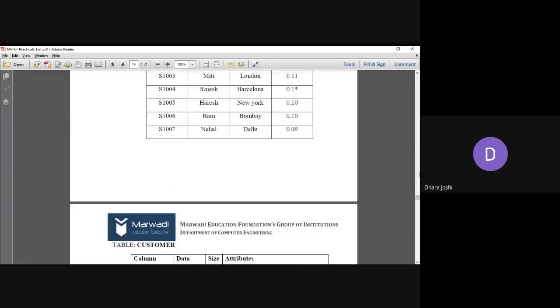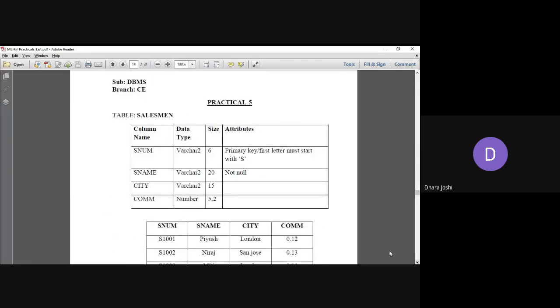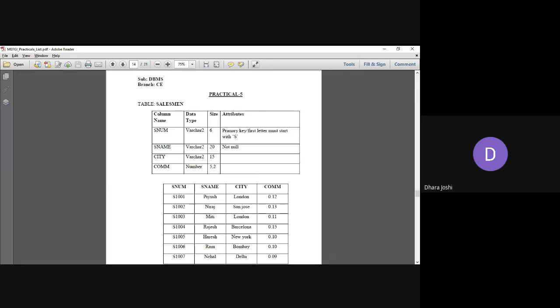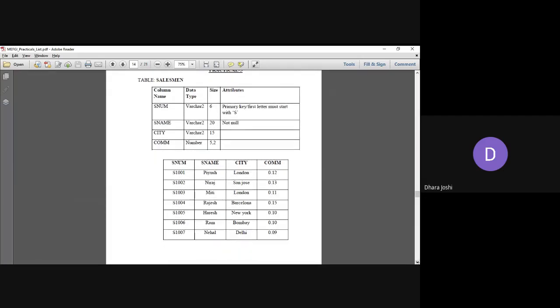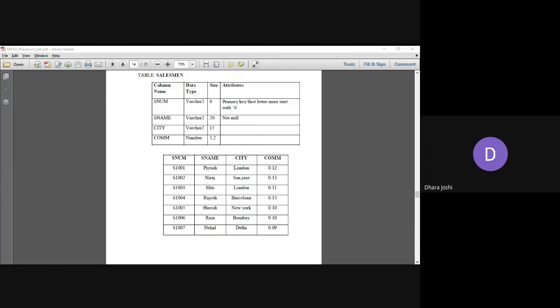So first I am showing you this salesman. Create the table salesman and insert this many records. This is your first task. And once you are done with this task, you can reply in the chat box. And once I get the response from most of the students, I will change my page. If you have completed it very quickly, then you can download it to your PC and do it by yourself. Practical files are also uploaded in your e-content, so you can refer to the same.